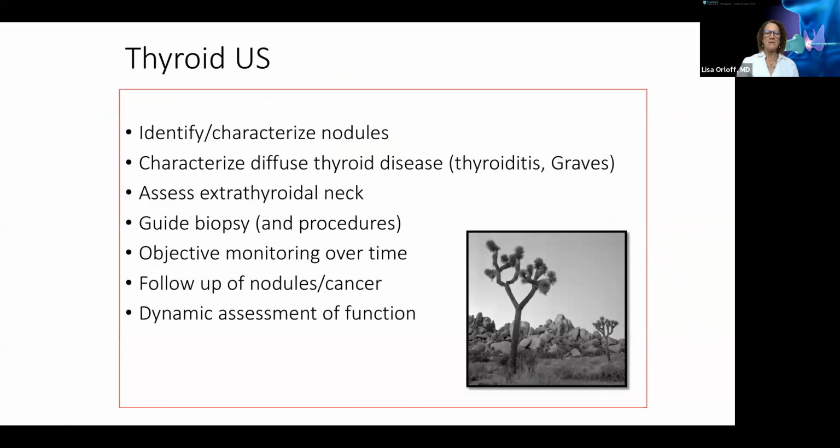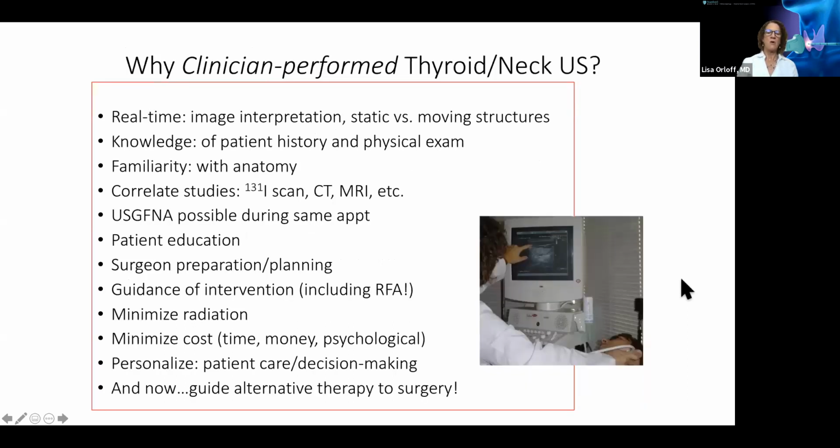So again, we are relatively familiar with the advantages of thyroid ultrasonography as the best tool for assessing the thyroid gland, not only nodularity, but the background characteristics of the thyroid. And ultrasound is currently used to guide various procedures, most commonly fine needle aspiration biopsy, as well as to follow up and survey the thyroid and the neck. But one might ask, why should clinicians perform thyroid and neck ultrasound? And there are innumerable advantages,